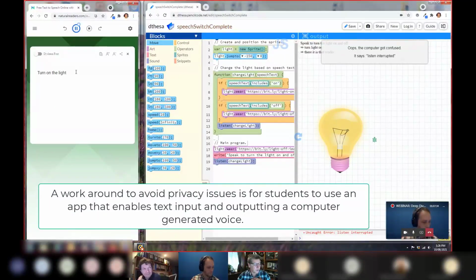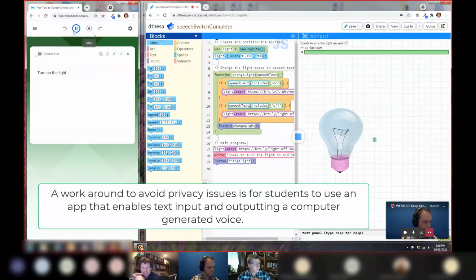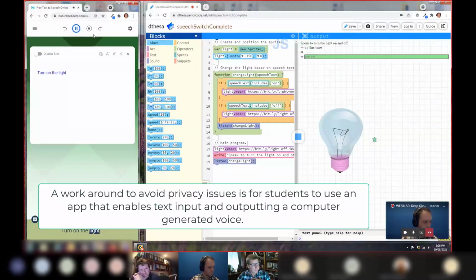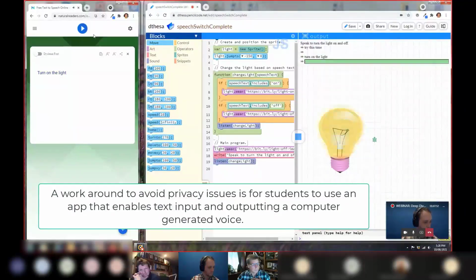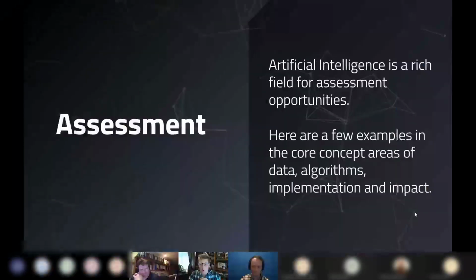So you can see here, I've got this running. And turn on the light. So now I could just refresh that program. Try it this time. Turn on the light. So you can see there, after a lot of mucking around, sorry about that, the program sort of works. So you can have your screen back. Thank you. But it's just an opportunity there to run the program without having the risk of